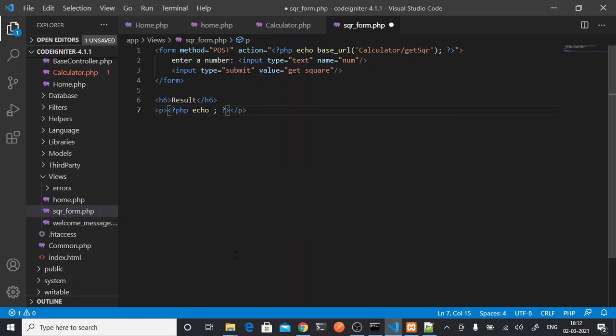So I can just echo square of $data num, is $data sqr.